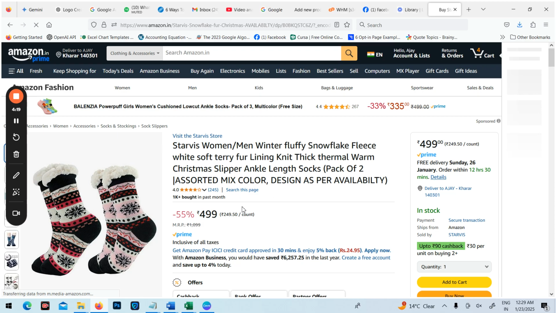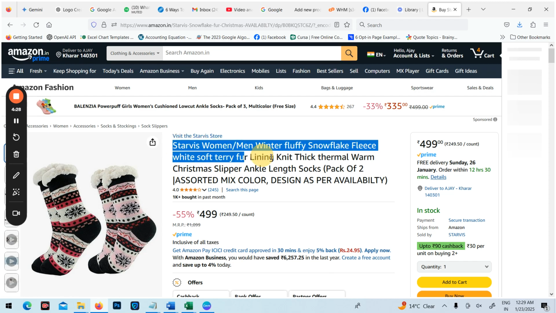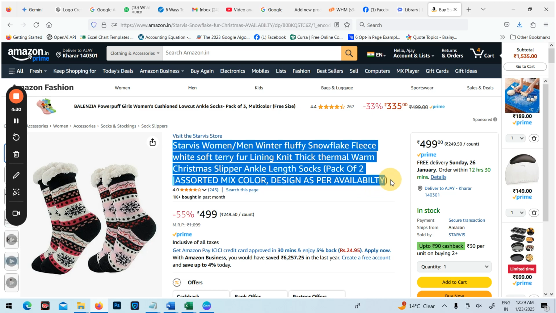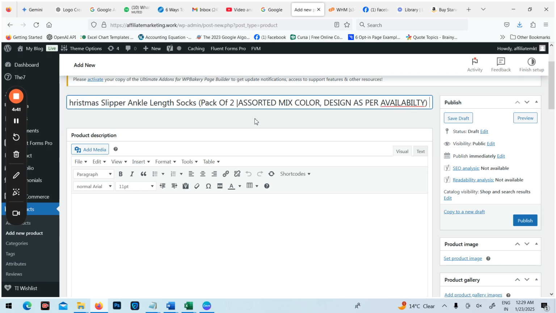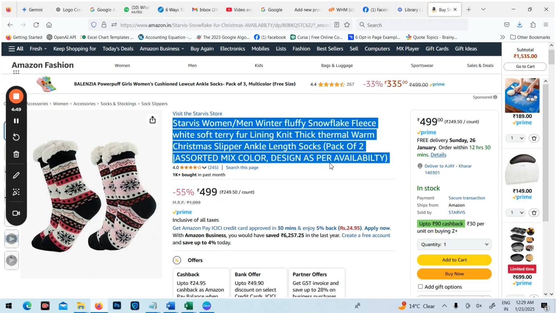So from this product page on amazon.in, this top area is the product name. So I am selecting this whole product name and going back to my WordPress website and pasting the same in the product name window. So you can see I have pasted the product name under the product name area. Now next I will